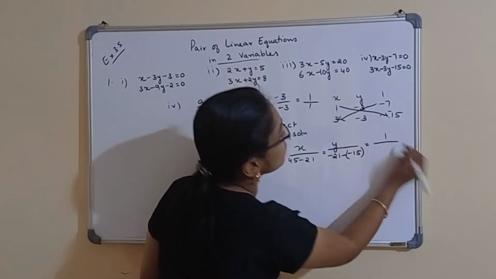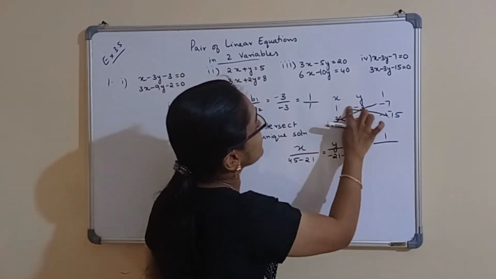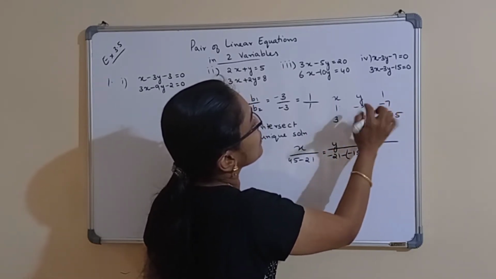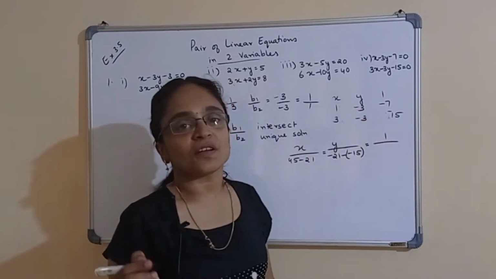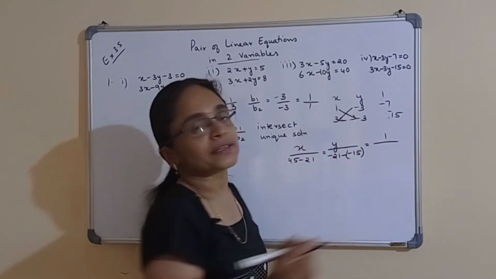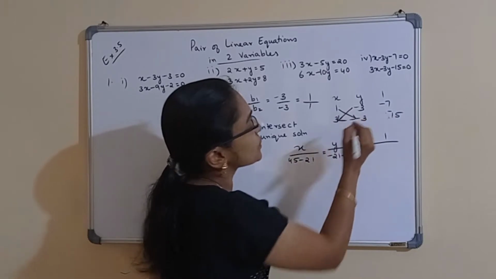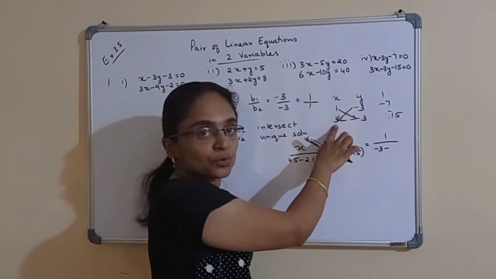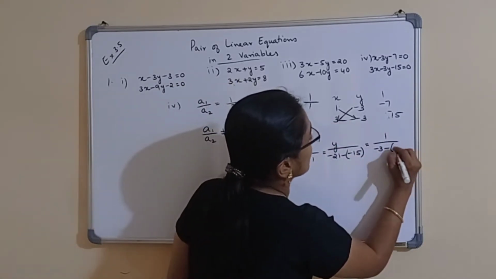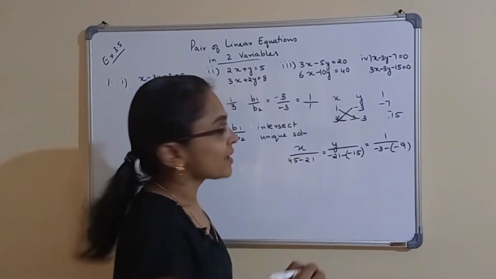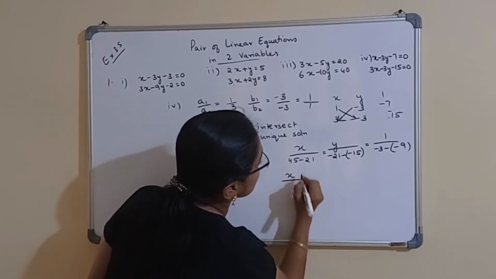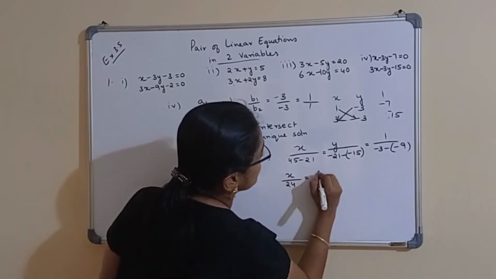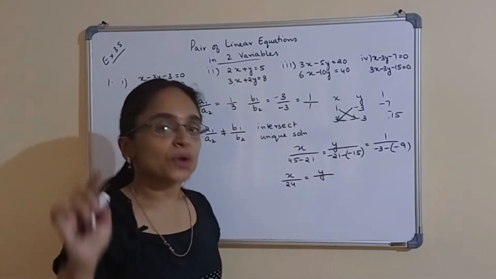Now is equal to 1 by, take these two columns. Don't take the last column. We have to take these two columns. So in this order itself we have to multiply. So 1 into minus 3 is minus 3, minus 3 into 3 is minus 9. Okay. So we have x by 45 minus 21 is 24 is equal to y by minus 21